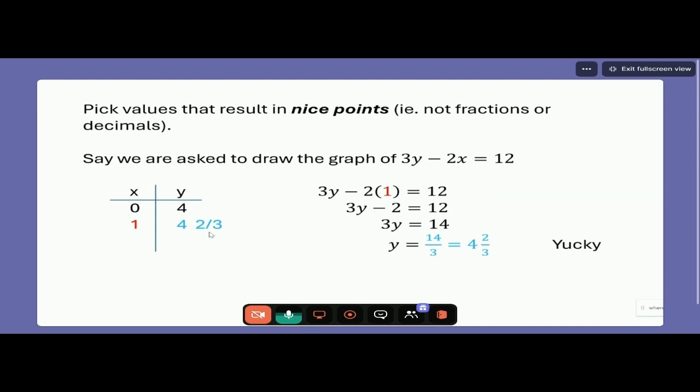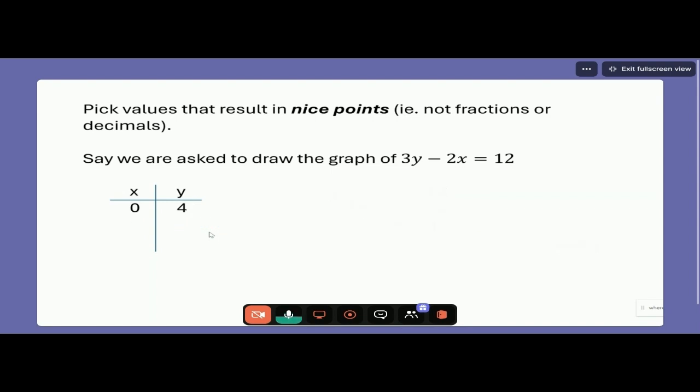So let's go back to the drawing board and try to find a point that doesn't have a fraction in it. If you muddle around a little and try a few, you'll eventually possibly find that if you put in x equals 3, it works out. Or you might have found a different one that works. There are a bunch of them. So if we do put in x equals 3,